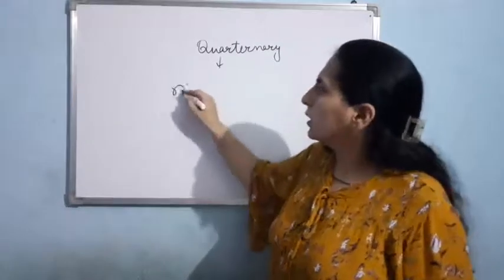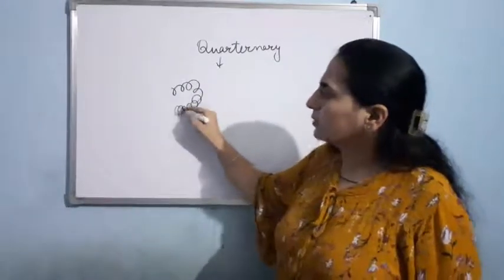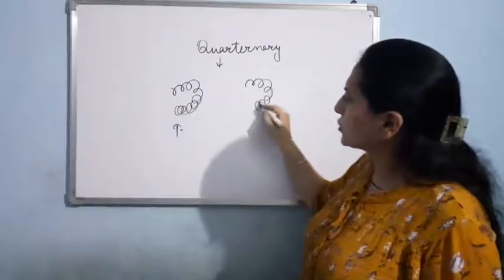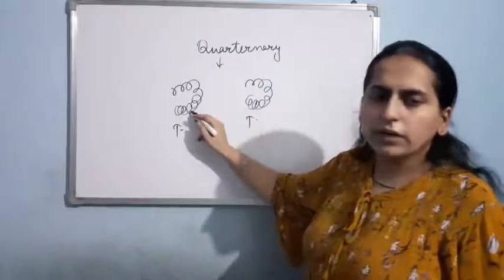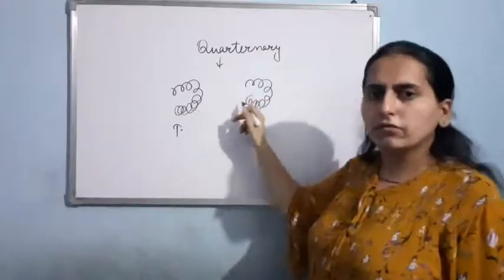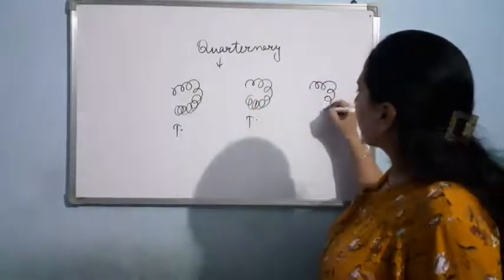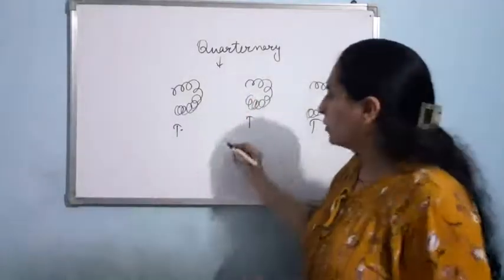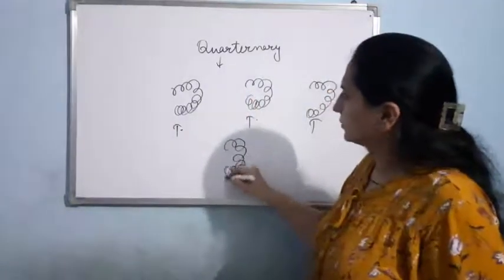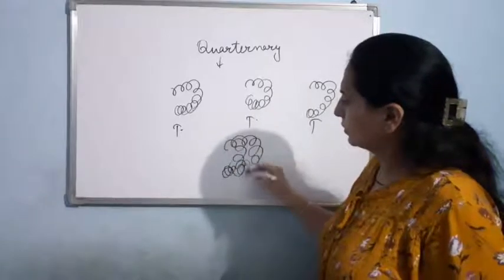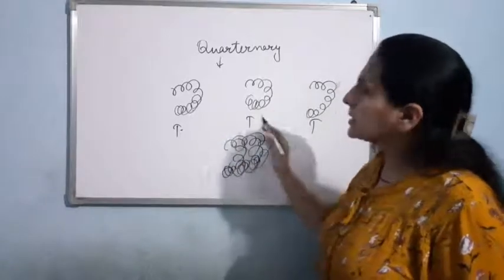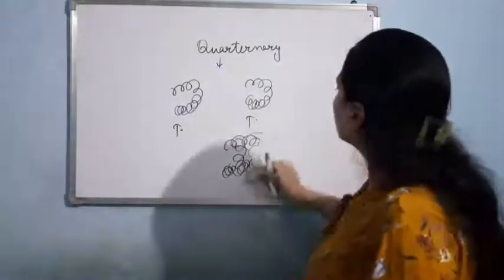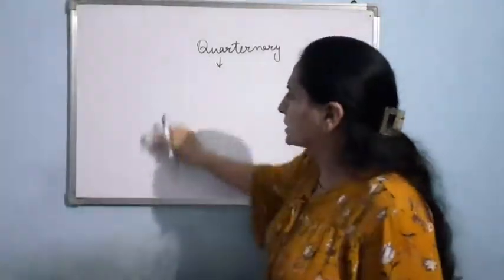Suppose here I am having a tertiary protein. Suppose here I am having another tertiary protein. This is made up of one polypeptide chain. This is made up of one polypeptide chain. Here I am having another tertiary protein. Then these all will be bonded on themselves. All. Clear? It results in the formation of quaternary structure when more than one polypeptide chains are present.